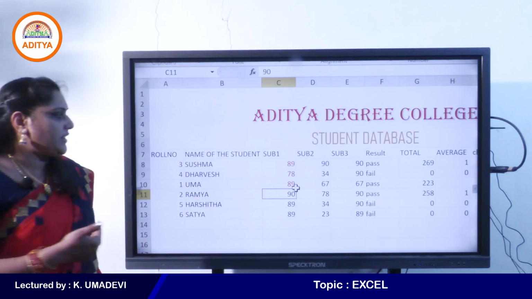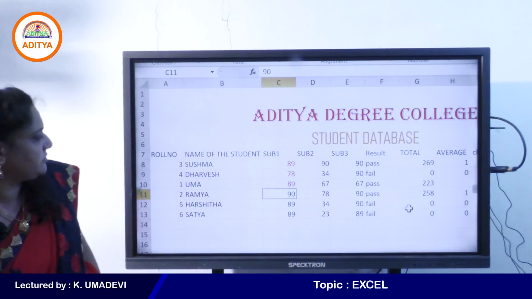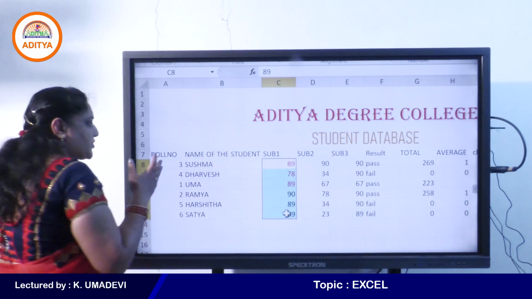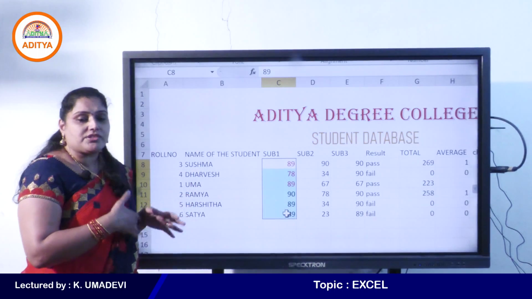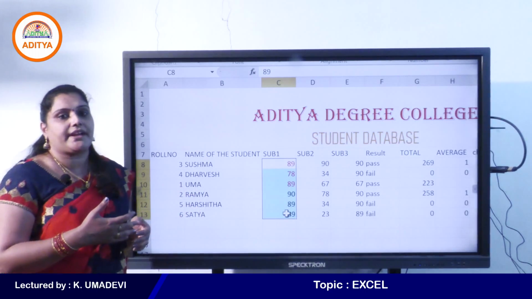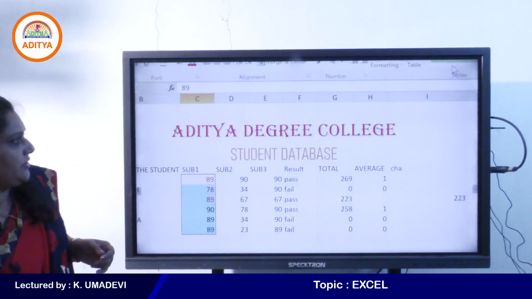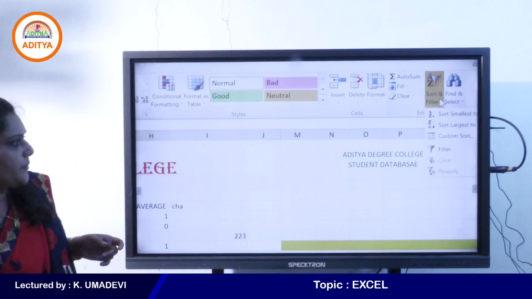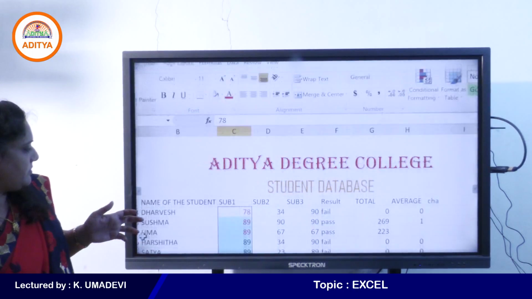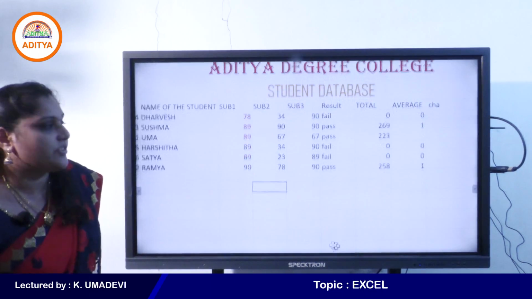If you want to sort the data either in ascending or descending order, you can directly apply sort A to Z. But the custom sort is used to sort cell color values and font color values to place them at the top or bottom of the table for easy identification. So if you want to apply sorting, you can directly select the first option or second option based on a requirement, that is sort smallest to largest. Clear? Clear students? Now filter.